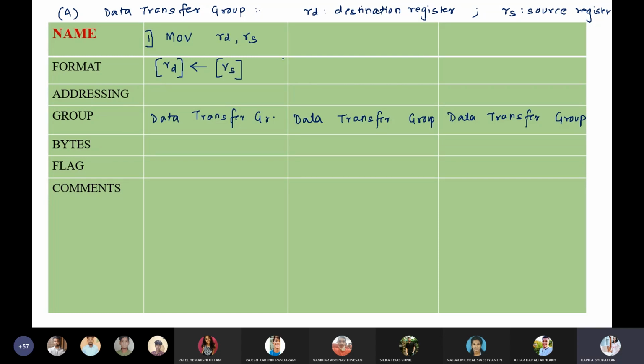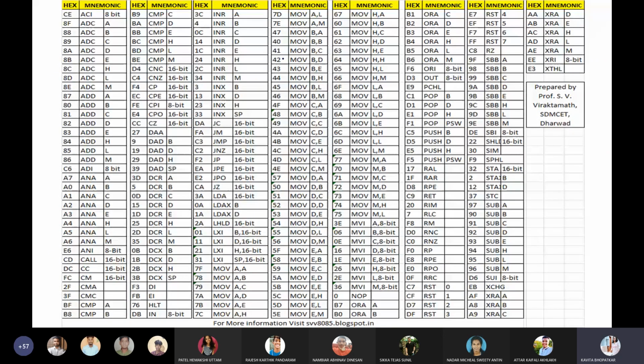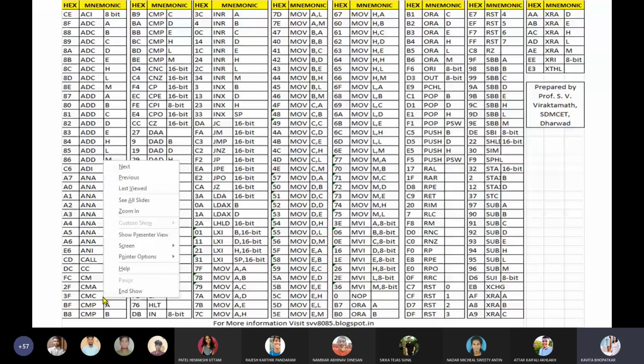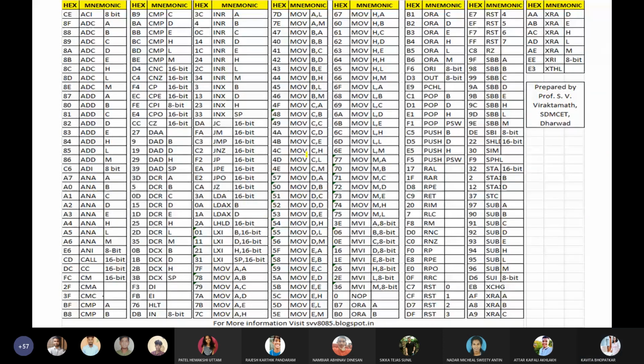अभी ये RD, RS के ना काफी सारे ऑपरेशंस होंगे. यहाँ पे देखो, ये सारे RD, RS है. ये यहाँ से मूव ए कॉमा ए, बी ए कॉमा बी, ए कॉमा सी, ए कॉमा डी, ए कॉमा ई, ए कॉमा एच, ए कॉमा एल, एम, बी कॉमा ए, बी कॉमा बी, बी कॉमा सी, बी कॉमा डी, बी कॉमा ई, बी कॉमा एच, बी कॉमा एल, ये सारे जो मूव ऑपरेशन है यहाँ तक,